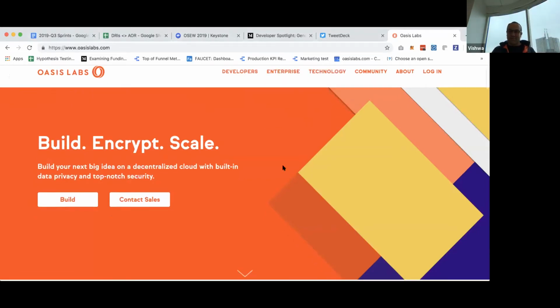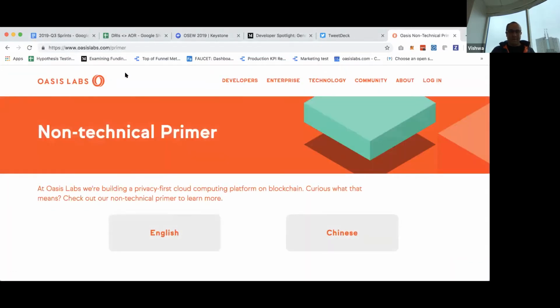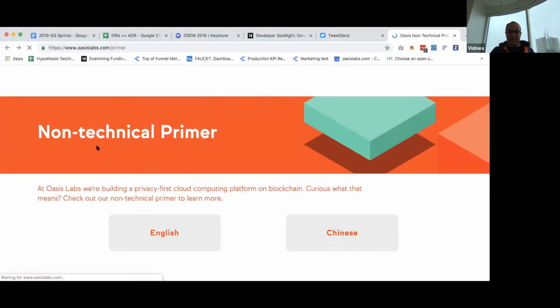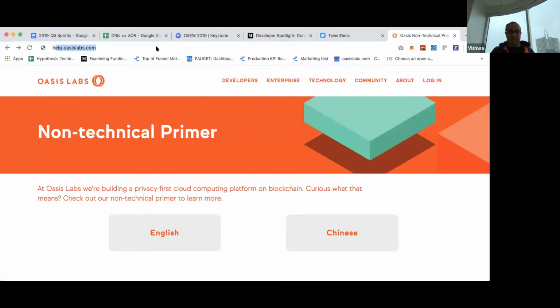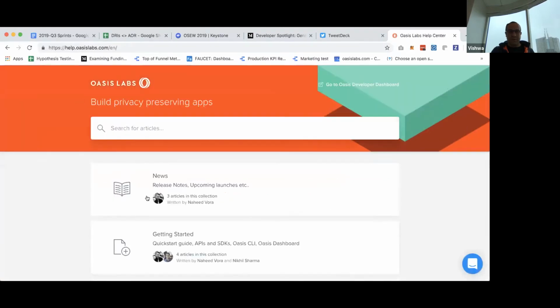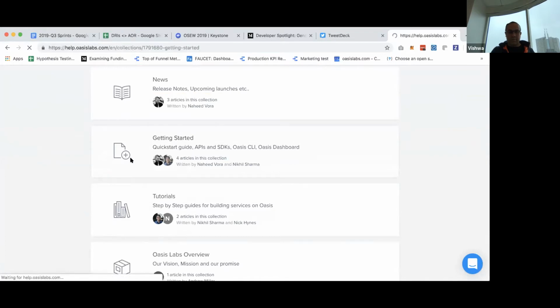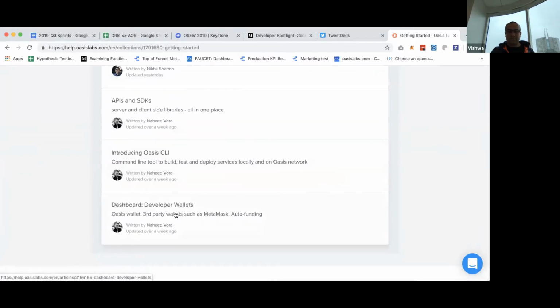So if you want an overview of the system, you can go to our website. There's a primer here as well, which should be helpful. We also link to GitHub, which will have all of the open repos we have, and really we're open sourcing stuff every day, so it's a good place to check, github.com/oasislabs. And finally, our documentation is at help.oasislabs.com. There you'll find the Hello World example that Vishwa gave, as well as some other examples you can try out, as well as information about other tooling that's actually all coming out this week.